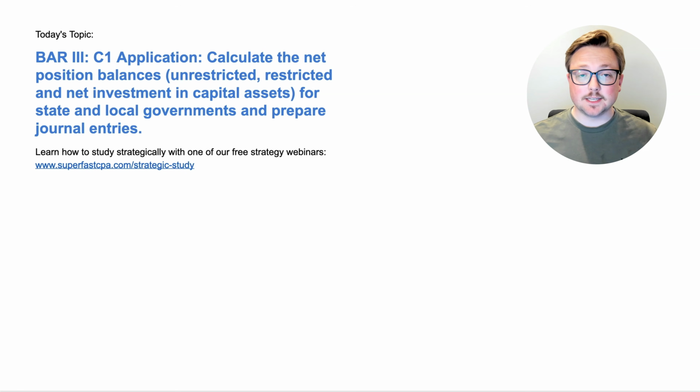I'm Logan, and in today's video, we're going to be going over BAR Area 3. This is section C1, and this is an application topic. Calculate the net position balances, meaning unrestricted, restricted, and net investment in capital assets for state and local governments, and prepare journal entries. And we're going to be doing that the SuperfastCPA way, which is diving straight into the questions